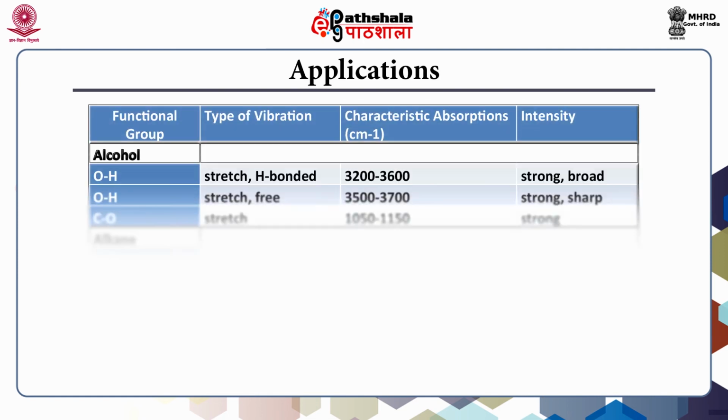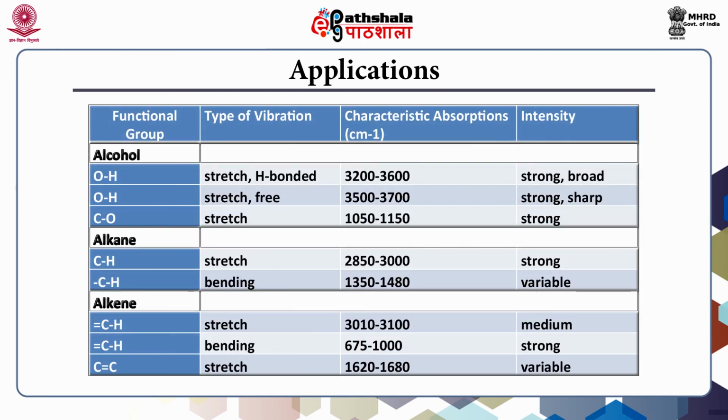FTIR analysis is very fast and sensitive and is particularly beneficial in cutting-edge research applications. From FTIR spectra, the composition of any solid, liquid or gas can be predicted. The technique is widely used for identification of groups, which give bands at a particular frequency as shown in the table. Alcohol, alkane, alkene can be identified by the characteristic bands shown in the table.